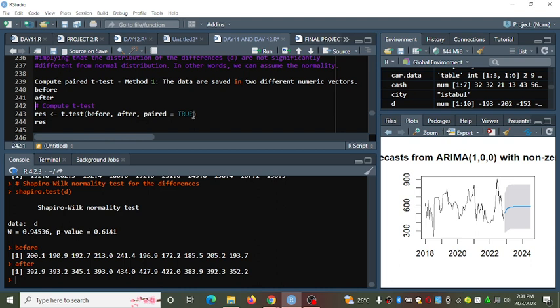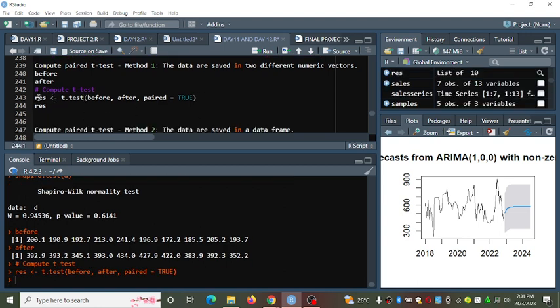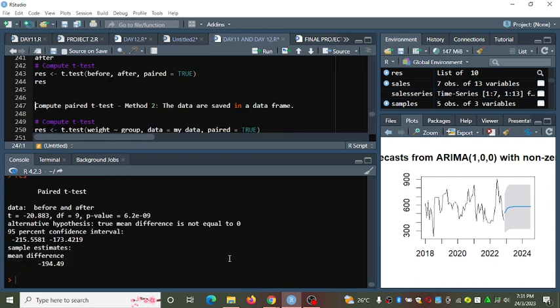Then paired equals TRUE, so we are telling the compiler that we are doing a paired test of these two entries. When we execute this, I have assigned the result to res, then I compute res here, and we have the output.